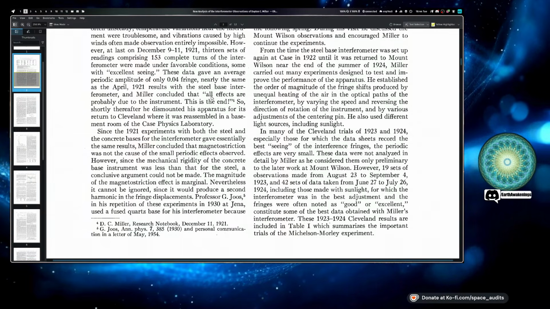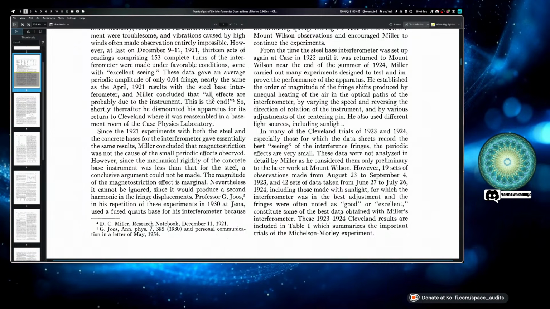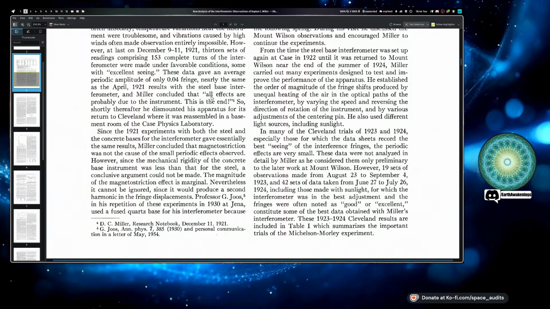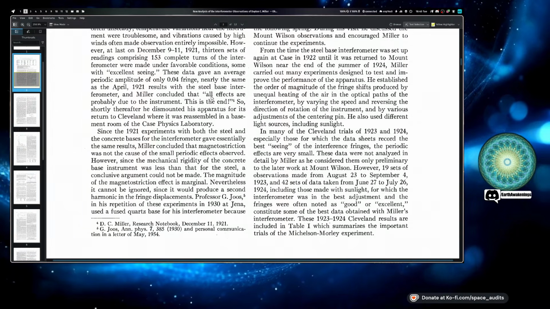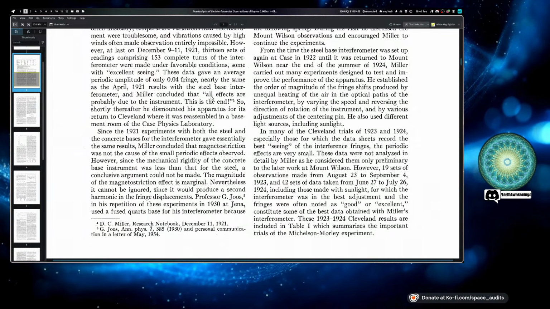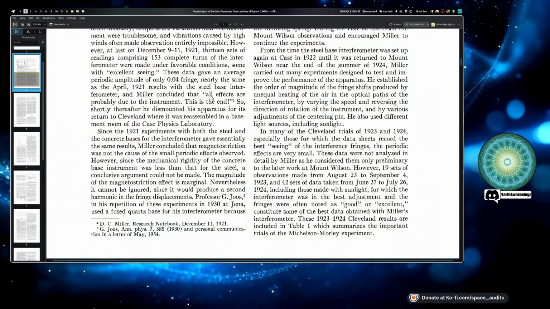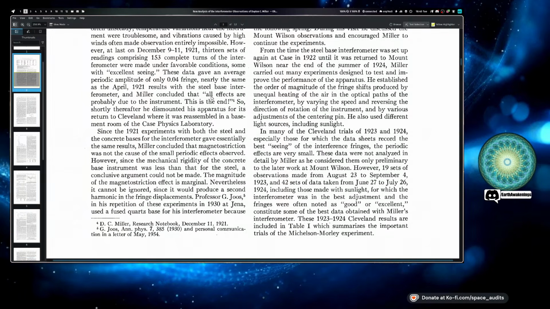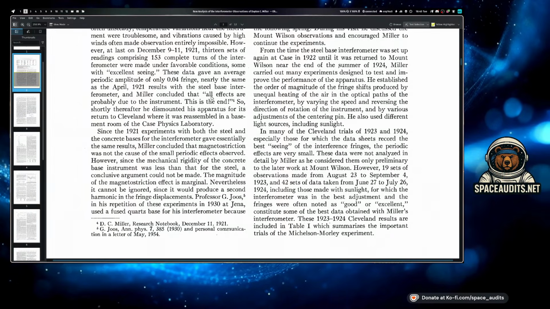In many of the Cleveland trials from 1923 to 1924, especially those for which the data sheets record the best "seeing" conditions for the interference fringes, the periodic effects are very small. These data were not analyzed in detail by Miller, and he considered them only preliminary to the other work at Mount Wilson. His other 19 sets of observations made from August 23rd to September 4th in 1923, and 42 sets of data taken from June 27th to July 24th, 1924, including those made in sunlight,